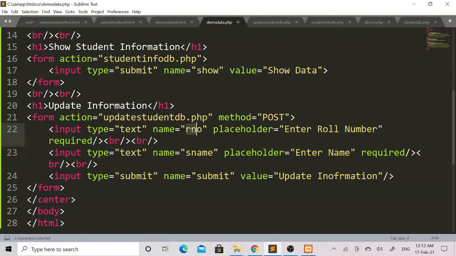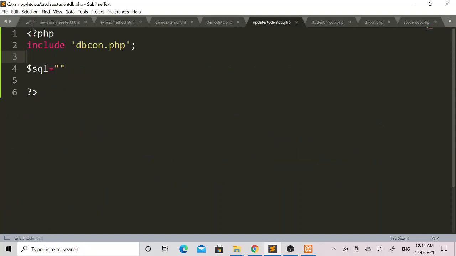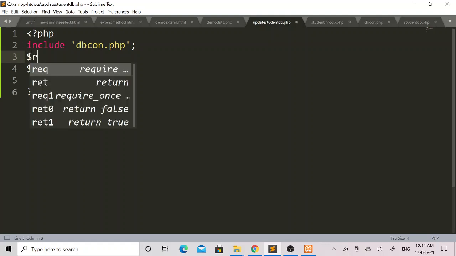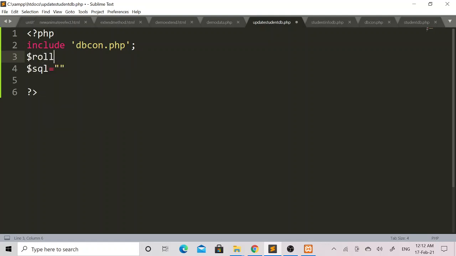As I have set RNO value to this name attribute and sname value to this name attribute within the enter name input tag and roll number input tag, here I will write $rollno, that is the roll number variable, then the $_POST variable.